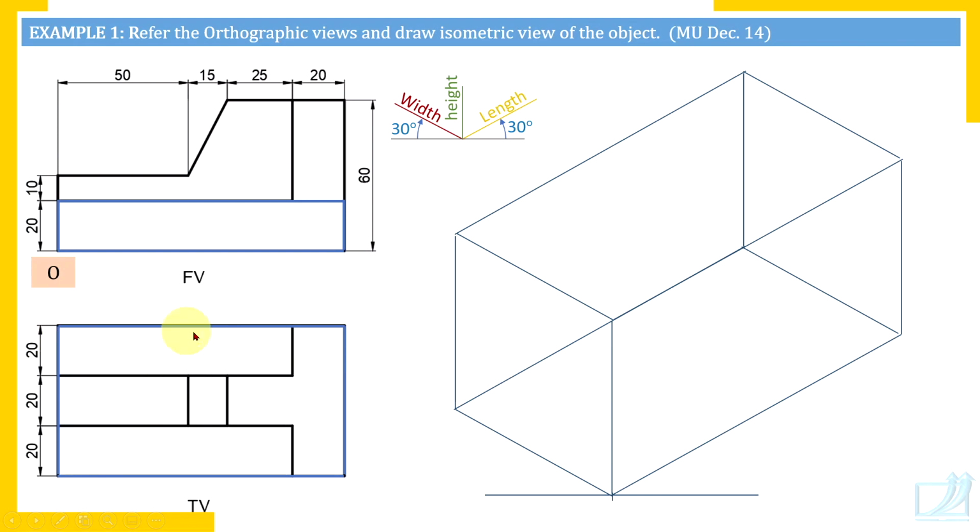Now check here, this boundary, this strip and the end projectors of the strip, they do not match. That is why we are sure that this rectangular strip matches with this rectangular shape. So this is the base plate of length 110, height 20 and width 60. On this base plate there is a rectangular plate. Watch here, this strip of thickness 20 millimeters, and this rectangular strip matches with this rectangular surface.